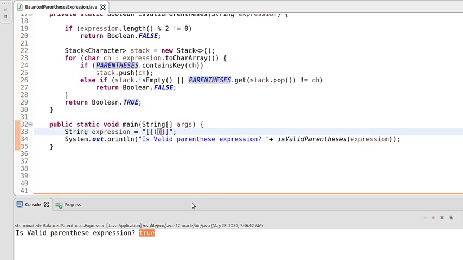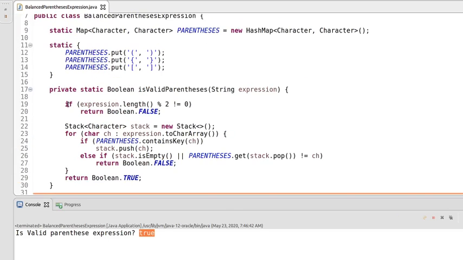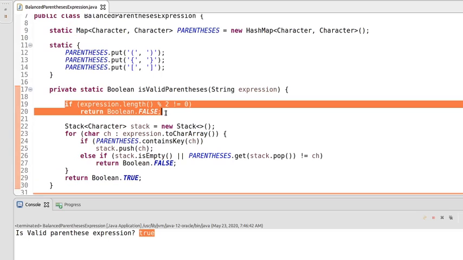Let's make it an invalid parenthesis expression. I'm adding one parenthesis in between, and the length of this expression is odd. This time the validation should execute and return false.